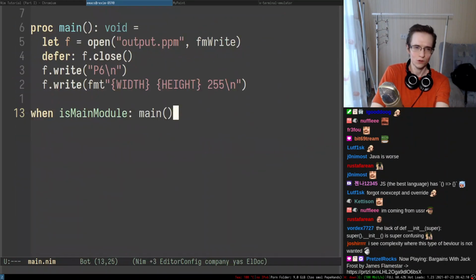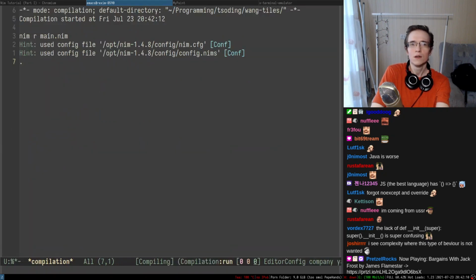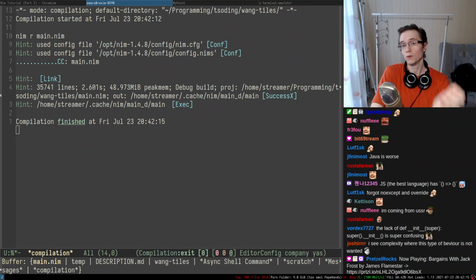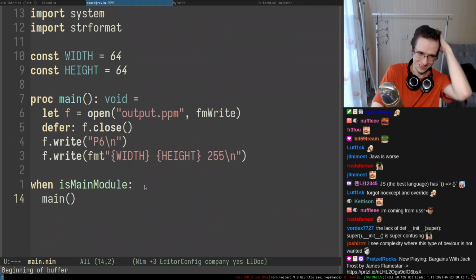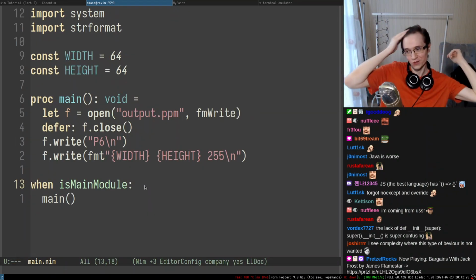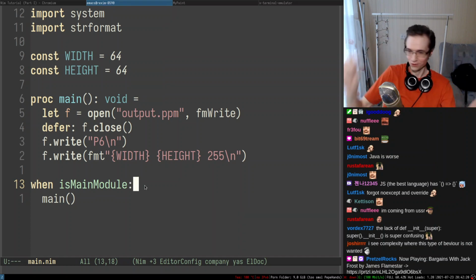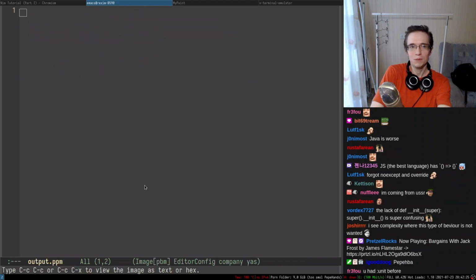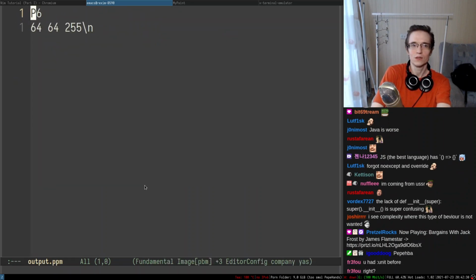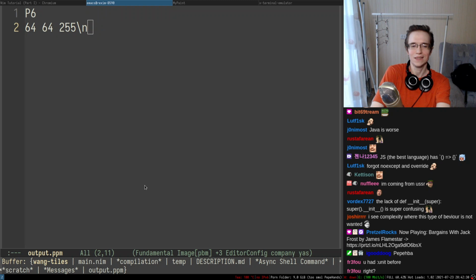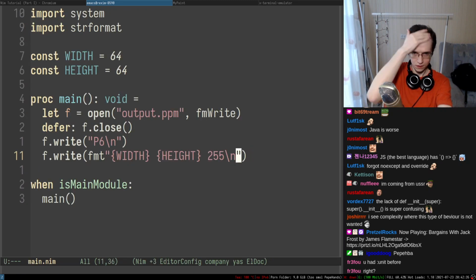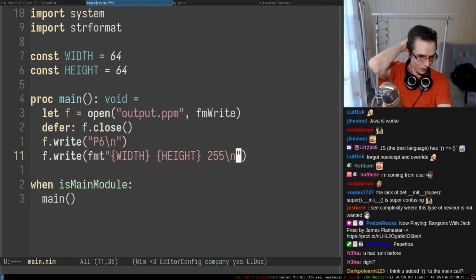Oh, now it works. When I was trying to do this, I don't know what the problem was, to be fair. Now it works all of a sudden. I probably forgot to save the file somewhere. Apart from that, now we have a ppm, and if we take a look at what printed in here, it actually printed \n, and I'm not sure why. Probably because the formatter didn't have a new line or something.